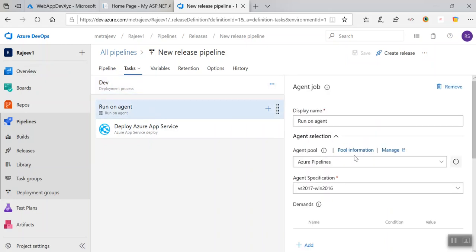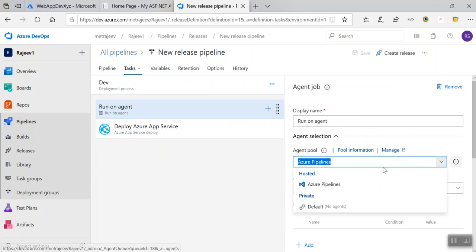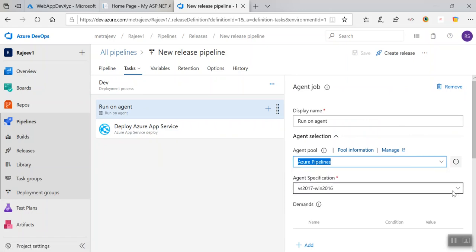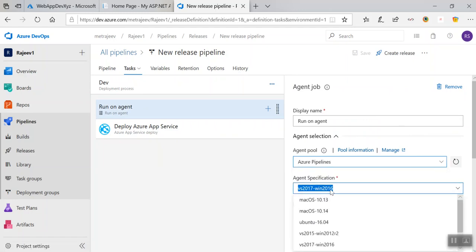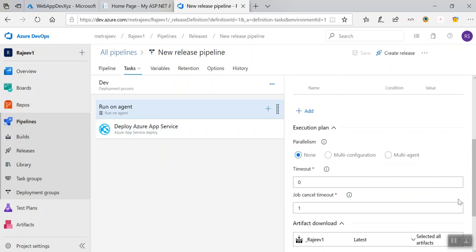Once I say hosted agent, for different applications you will get different hosted agents. So for .NET Framework you will get different hosted agents, like you will get Azure pipelines, and then you can see different hosted agents over here. Once you select .NET Core, you will have different hosted agents over here.